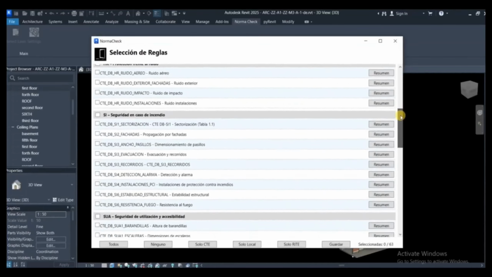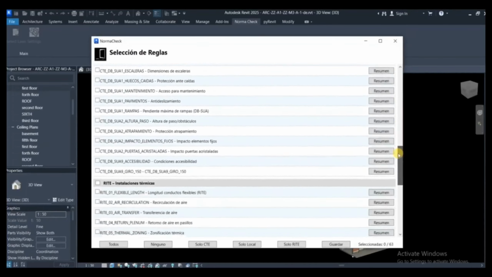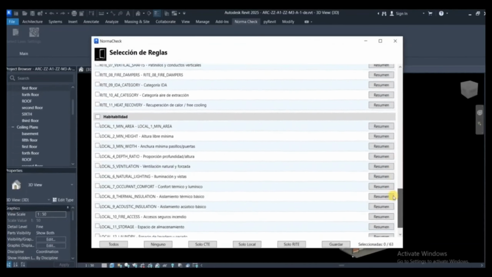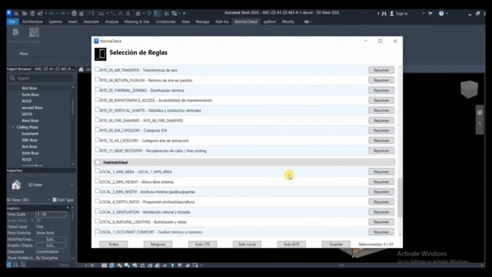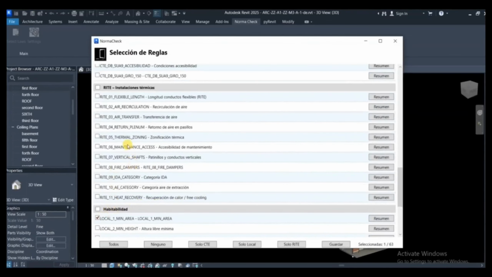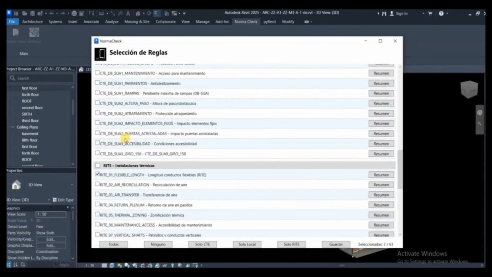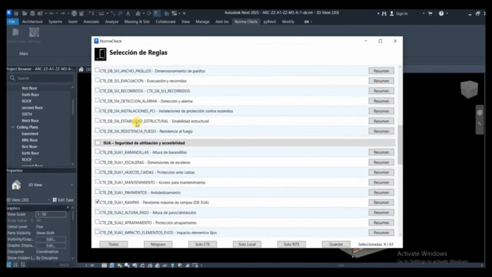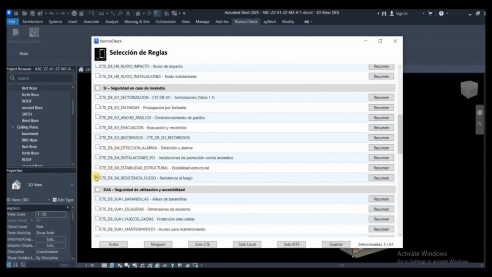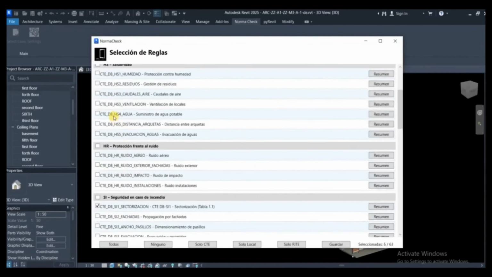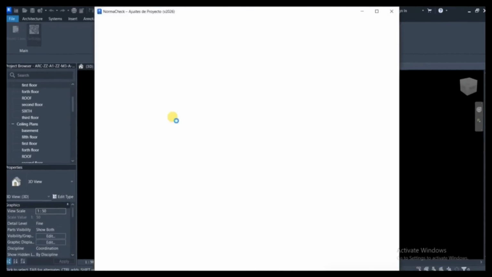Because our company is based in Spain, we started by integrating a broad range of Spanish regulations. This includes CTE, RITE, and local regulations, covering multiple chapters and more than 60 rules. Naturally, any requirement that depends on information not available in the BIM model cannot be checked automatically, such as some construction site safety rules. For this demo, we will select a few different rules to show the range and flexibility